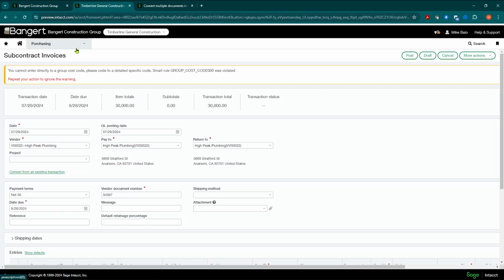Before this release, you really would have to do a separate AP bill for each purchase order or subcontract, so if they sent you one bill, you'd have to separate it. So as soon as R3 comes out, you'll no longer have the need to do that. So you can actually do the conversion this way or keep doing it the same way that you've been doing it before. And that is the enhancement for multiple documents into a single purchasing transaction.